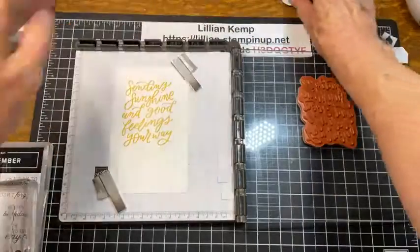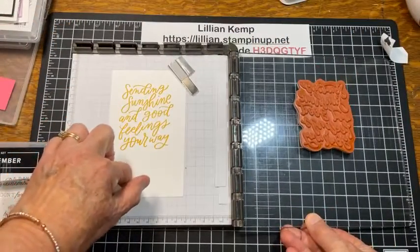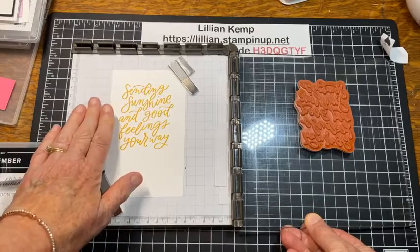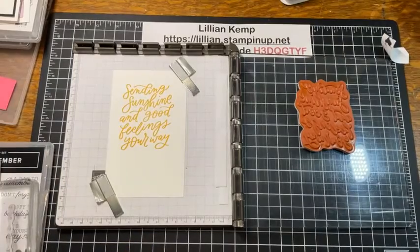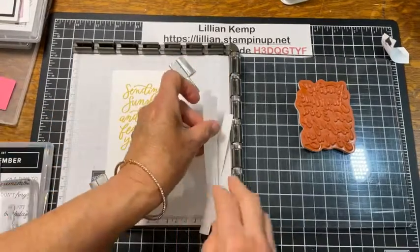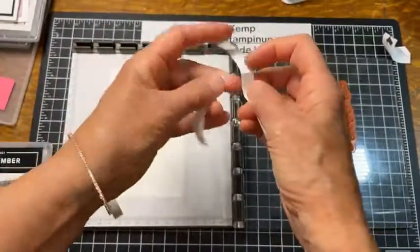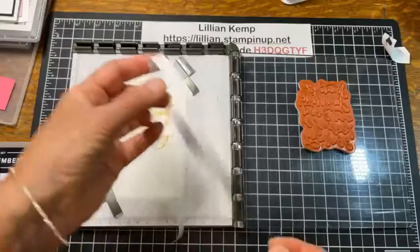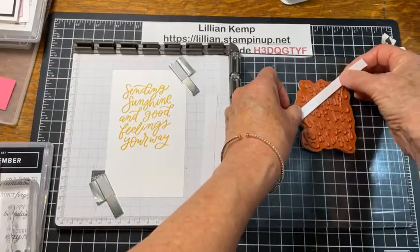We will just pull that in like that. So I've used my Stamparatus and I've stamped Sending Sunshine and Good Feelings Your Way. Now, if I want to stamp it again in a different color, what I can do is bring in some strips of the masking paper, and I've just cut some strips here, and block off